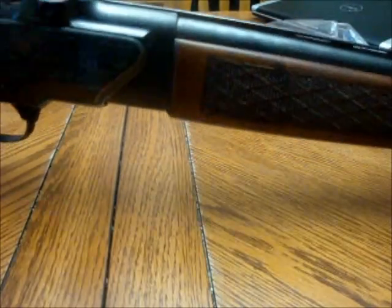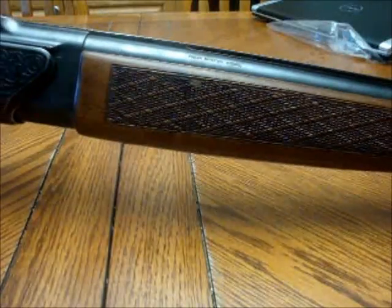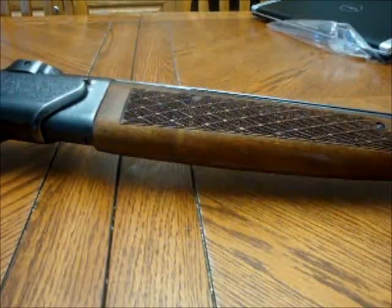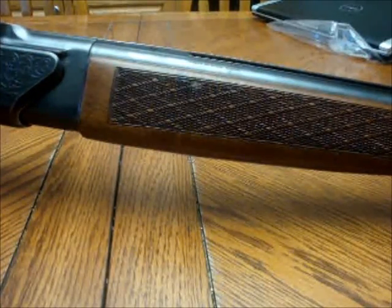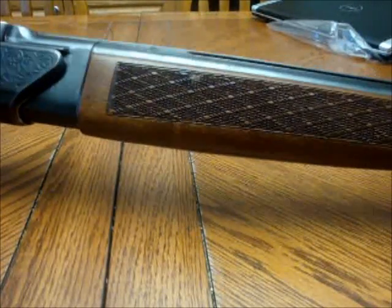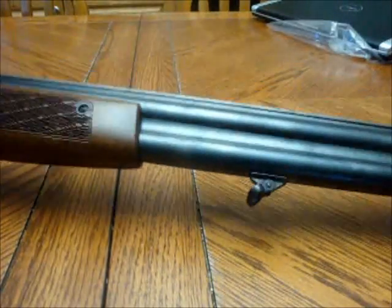The barrels on these are interchangeable, which means you could get rifle calibers over shotgun, different choke for the front end. In this case, this is a 12 gauge full over full, and